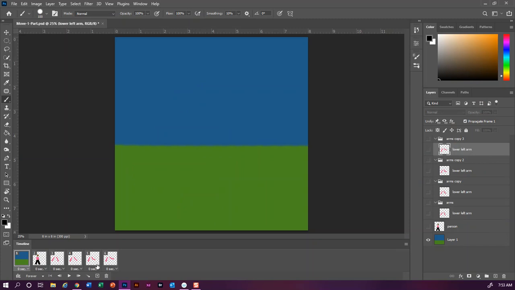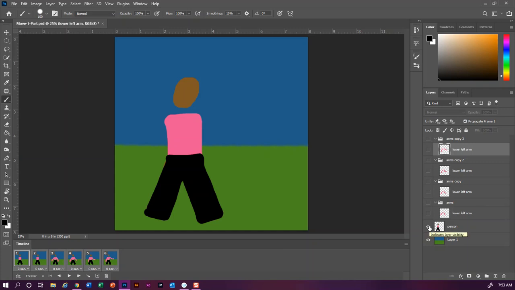In the past, what I've done is hold shift on the first frame and then click the last frame, turn the background layer off, turn it back on again. So now the background's on every layer. While I still have everything selected, I'm also going to turn the person on, okay? But in the first frame and the second frame, he has no arms, right? So I could, if I want to extend out this third frame longer, add his arms to